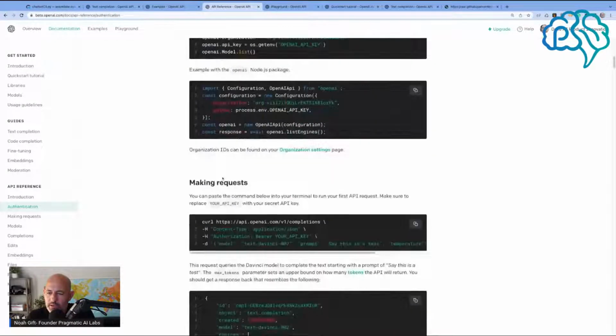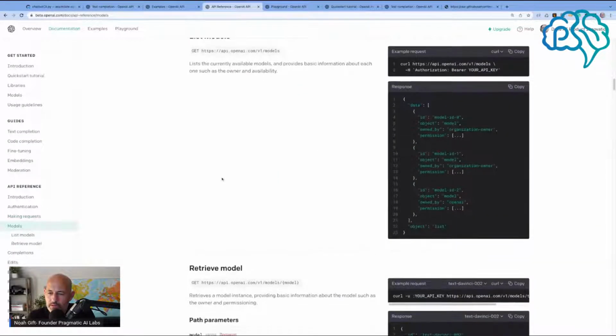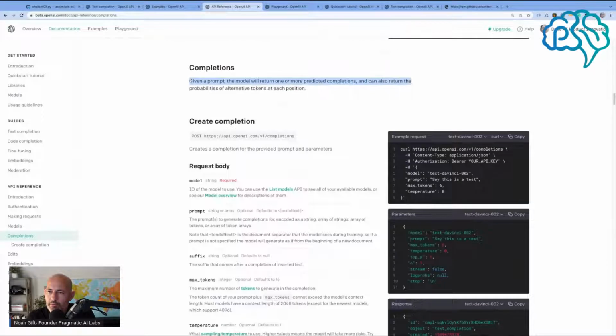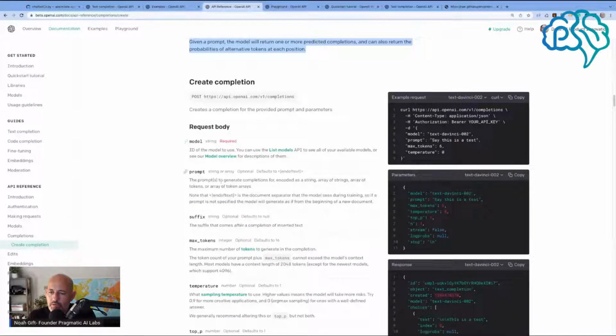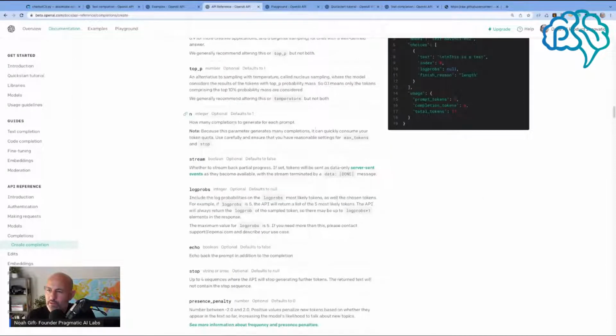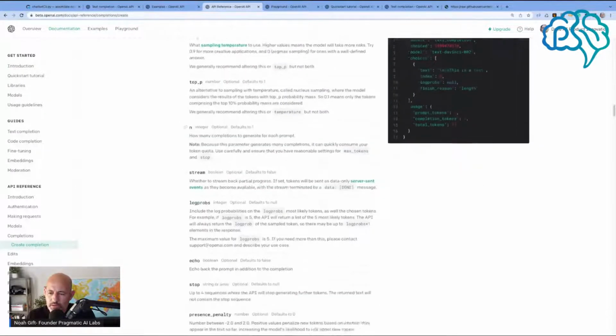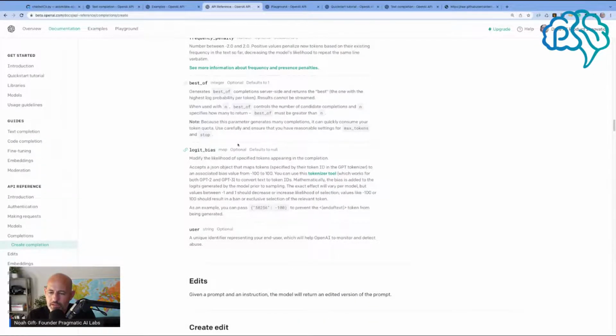We've got this, making requests, models, completions. So given a prompt, the model will return one or more predicted completions. Note that the end of text is a document separator that the model sees during training. How many completions to generate for each prompt? Echo, best of. I mean, this looks promising, but